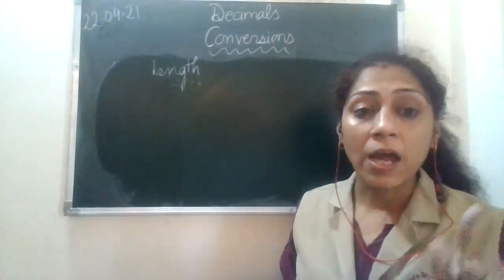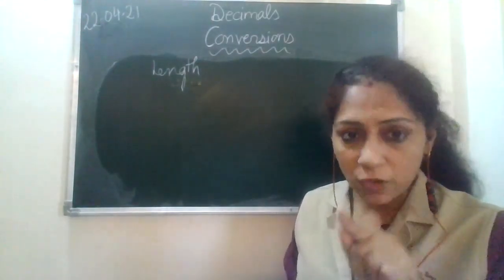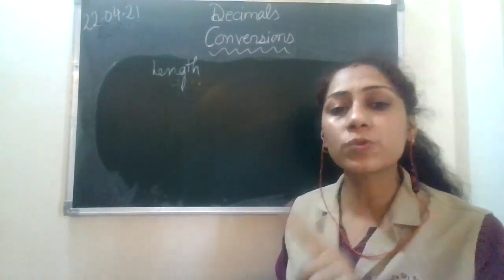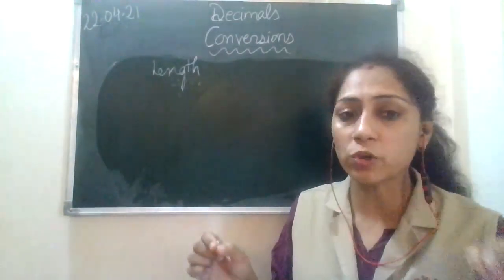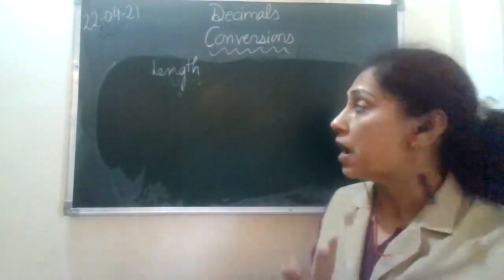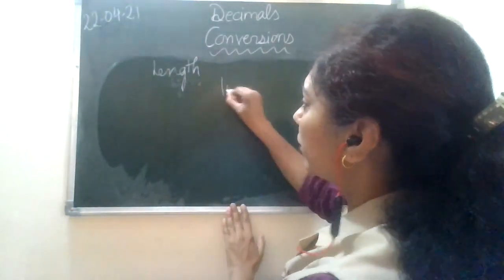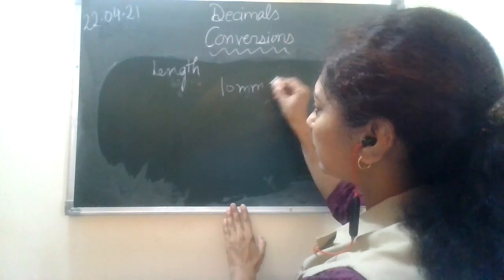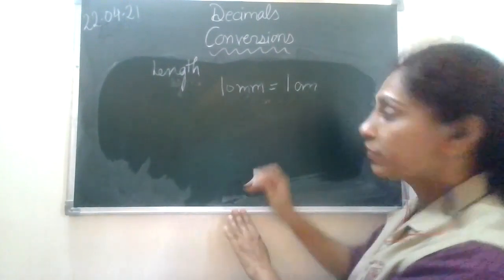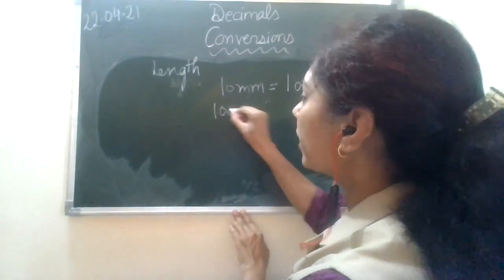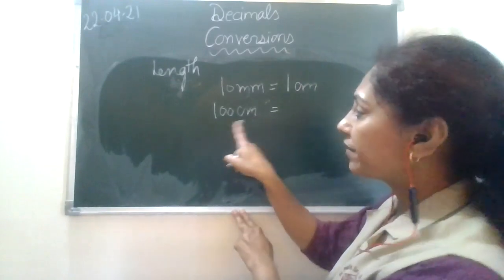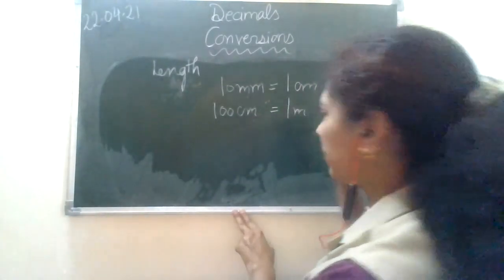Fine. Mm, and that is within 1 centimeter. You can see in the first 1 centimeter or 2 centimeter, between every centimeter, you will see there are 10 points. Those 10 points are your millimeters. And how it makes? Look carefully. 10 millimeter equals to 1 centimeter. Fine. 100 centimeter. Now beyond centimeter, there is another bigger unit, that is meter. So 100 centimeter equals to 1 meter.